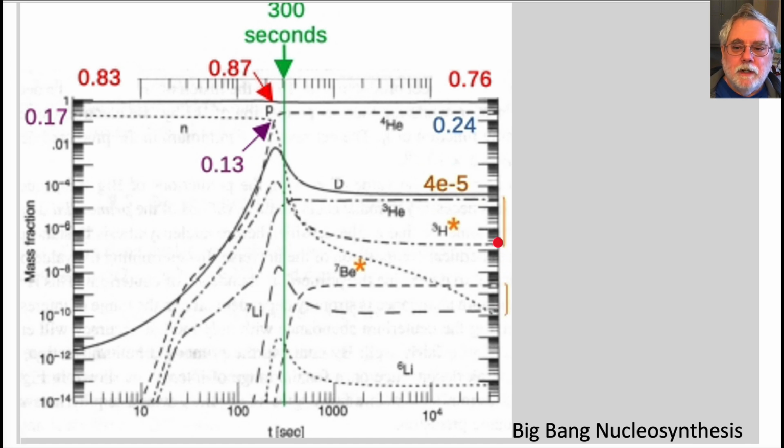Hydrogen-3, tritium, is also a fuel in thermonuclear weapons, and its half-life is about 12 years. So that half-life is a factor in maintaining the nuclear stockpile. Weapons that are 30 or 40 years old have to be modeled to see whether they still contain enough tritium to create the desired explosion. Now, the tritium in those weapons is man-made on Earth. It's not from the original Big Bang nucleosynthesis.